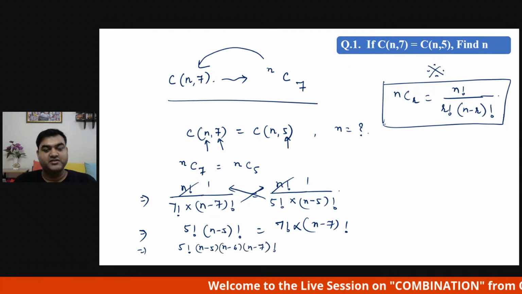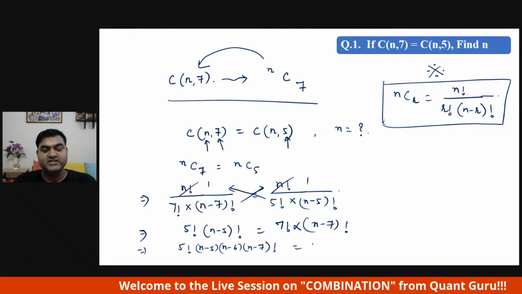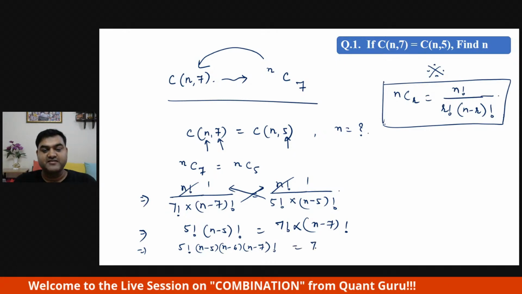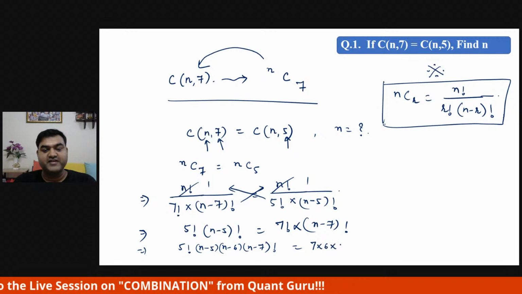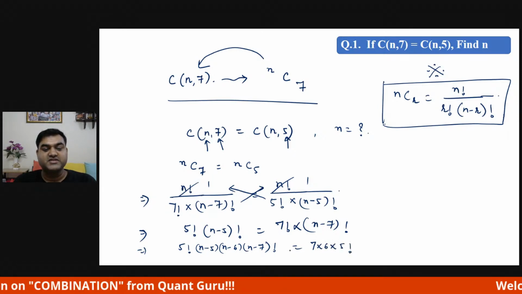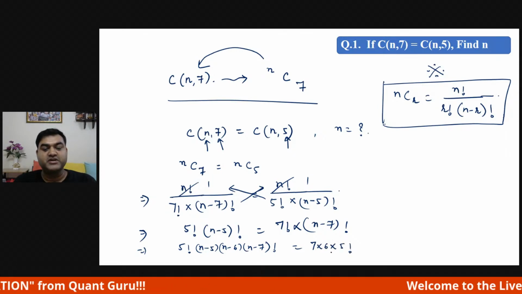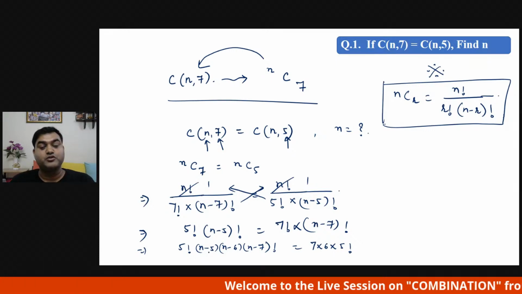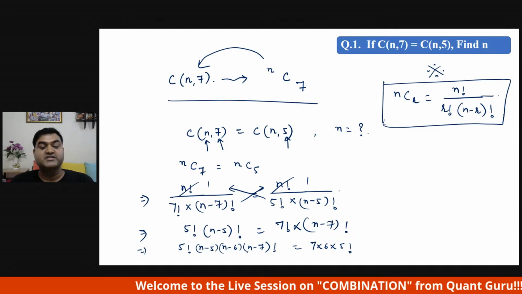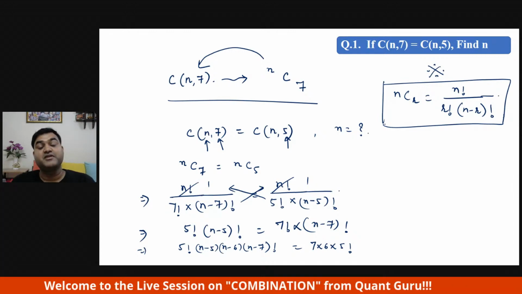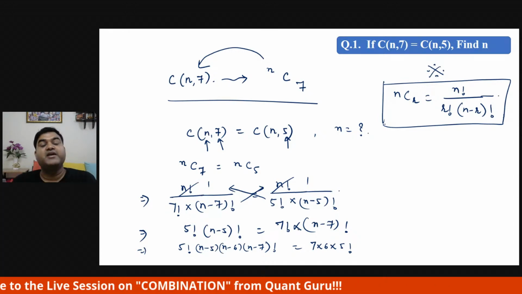Can we write this? Yes, is equal to, this 7 factorial can be written as 7 into 6 into 5 factorial. Why are we writing this? Because on this side 5 factorial is there, we are trying to make it. Why did we write n minus 5 factorial as n minus 5 into n minus 6 into n minus 7 factorial? Because already n minus 7 factorial was there on the right hand side, and we are trying